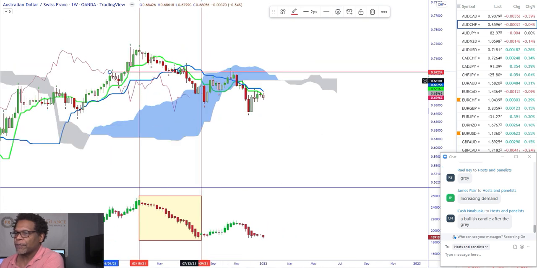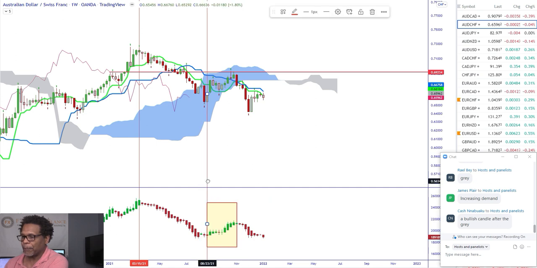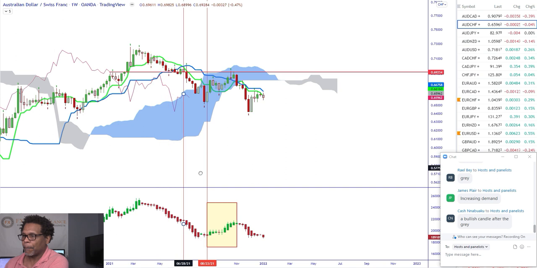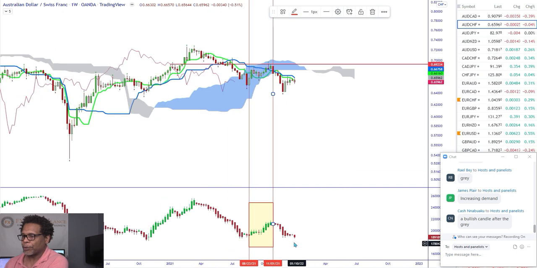And then if you would have looked for CMO to give you an entry, you would have got it right there and you would have been wrong again. All right, because you're going against what the strength of the market is. The strength of the market is showing you it's strong supply right now. Okay. And then you would see the demand take over a little bit. Let's say it started to really take over right there to this point, right? And when you look at that, there it is right here. So pretty much that little move there. So understand when you're seeing a correction and a continuation of the trend.